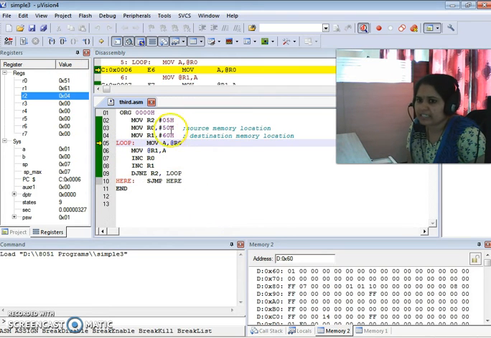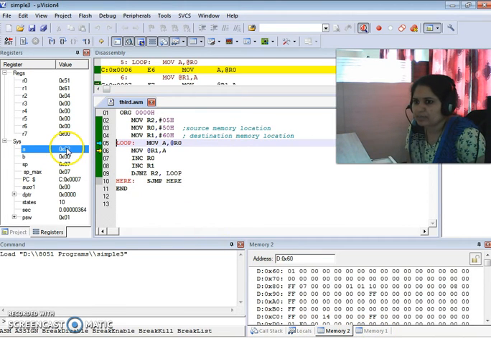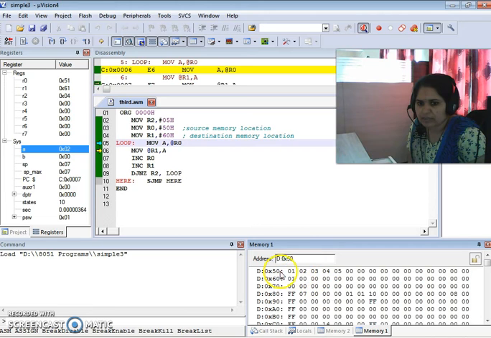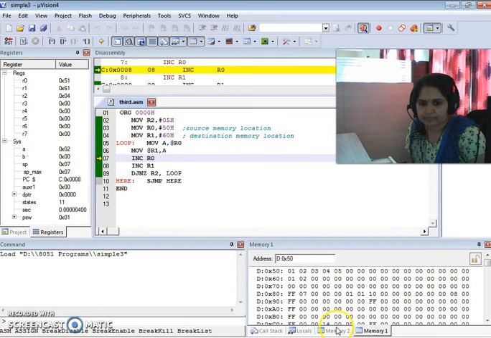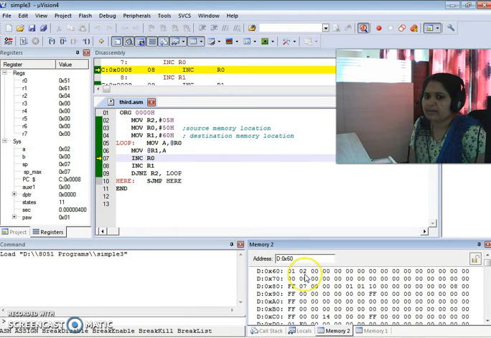Okay. Now what happens? See. Now 51H contents are transferred to 61H. So I will show you. 51H contents are first of all transferred to the accumulator. So what are the contents of 51? This is 50. This is 51. So at 51 what value is available? 2. That value is transferred to the accumulator. Earlier the accumulator contents were 01, the content of 50H memory location. Now it is 02. And now that 02 is transferred to 61H location. So just see it. At 61H you will find the 02.